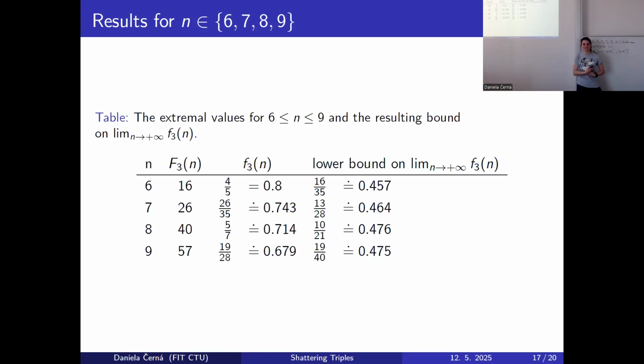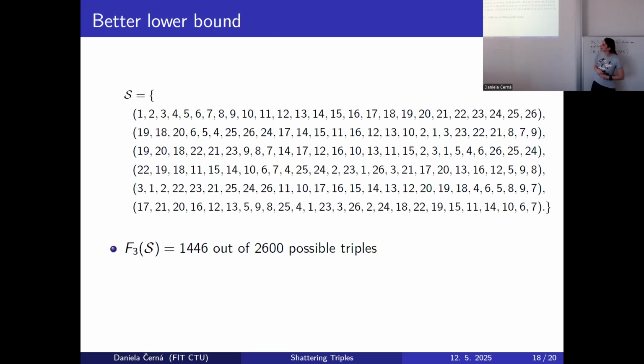And also it's still not the number I promised you. The number I promised you was actually found by Bartek, who looked at bigger permutations, and he found this. This is a family of 6 permutations. The first one is the identity. Each of them has order 26. And this six-tuple shatters